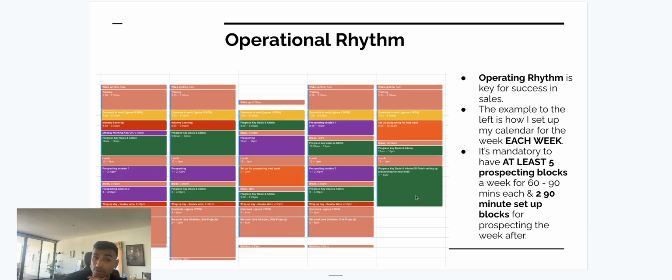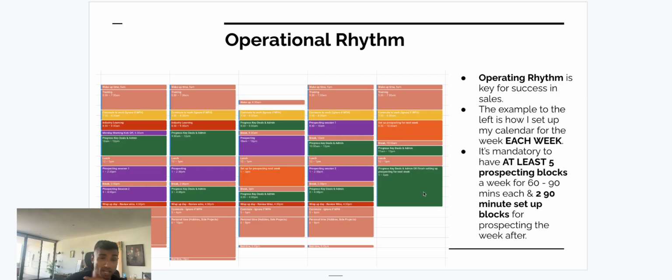So the only time I would prospect on a Friday when I was an account executive was if I was behind my personal goal for meetings for the week. My personal goal when I was an account executive was booking 4 meetings a week. Okay, so for any of you SDRs, I'm not trying to be patronizing here. I'm saying this with love. If your goal is to book 4 meetings a week as an SDR, you need to be pumping those numbers up, okay? Because there are account executives out there that do 4 meetings a week while running a full pipeline,